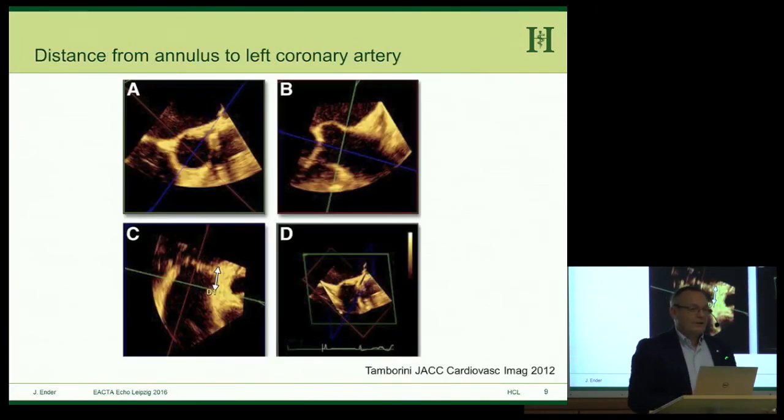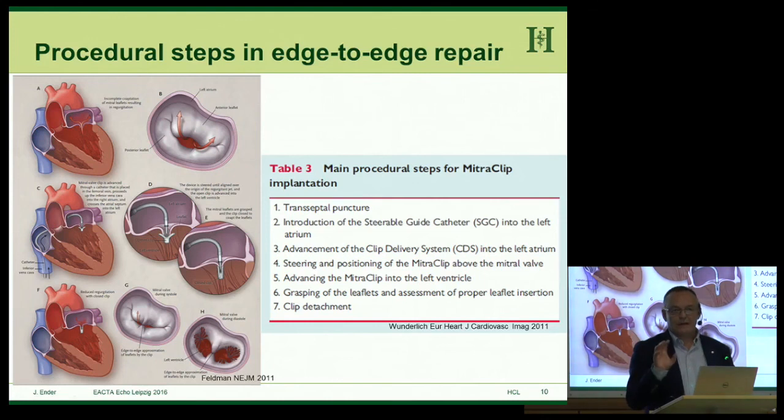The other thing which was mentioned by Jörg Ender as well is that you can measure the distance from the annulus to the left coronary artery with 3D, which is not possible in 2D. And again, you have to use that multiplanar reconstruction mode where you can have the left coronary artery here and you can measure the distance in the long axis, which is also crucial. So this is the main advantage for the TAVIs, the measurement. So interprocedural, you know that it's more or less depending on